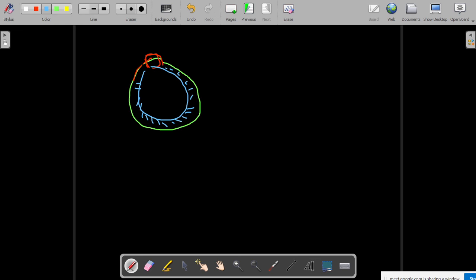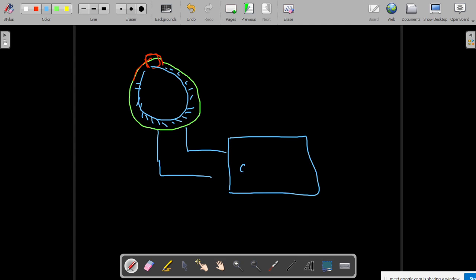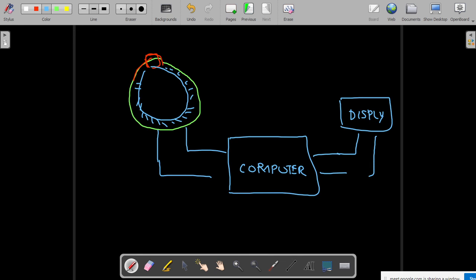Okay, so you require some controls. Whatever be the output of your detector, you're going to give it to a computer, because the computer is going to take care of all the projections and all the aspects. From the computer you're going to have a display, which is going to process the image, and the final image is going to be displayed. And it also has controls.